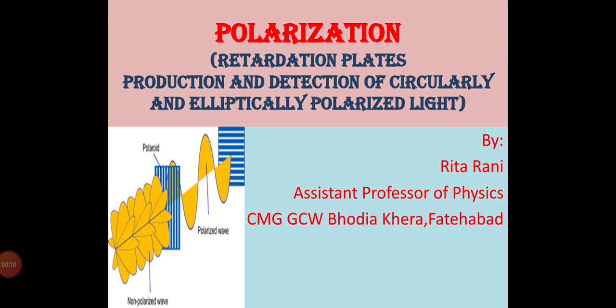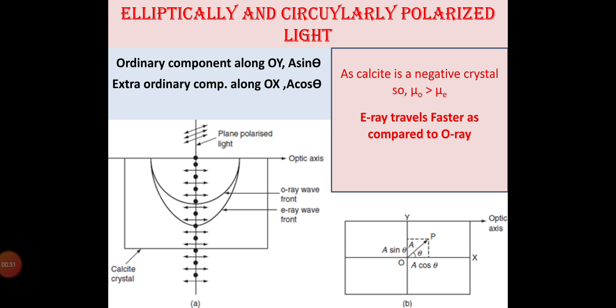In this video of the unit on polarization, I will discuss the production and detection of circularly and elliptically polarized light and the retardation plates. So first of all, we will discuss circular and elliptical polarized lights, how we can produce them and how we can detect them. Elliptically and circularly polarized lights are produced because of the interference